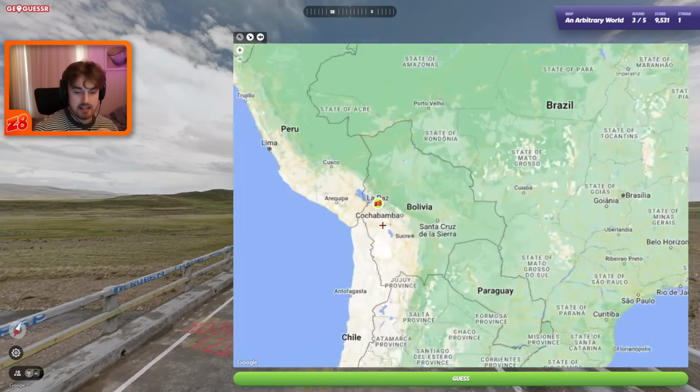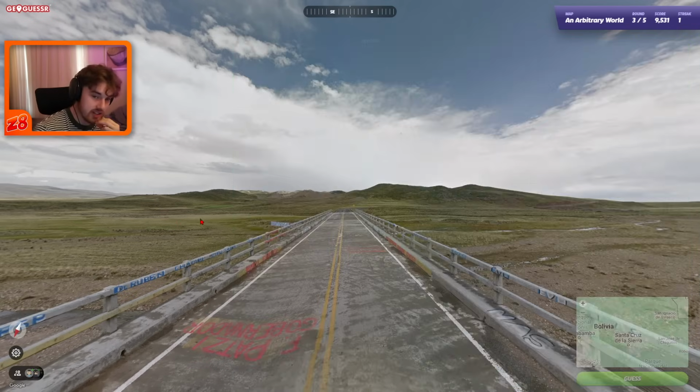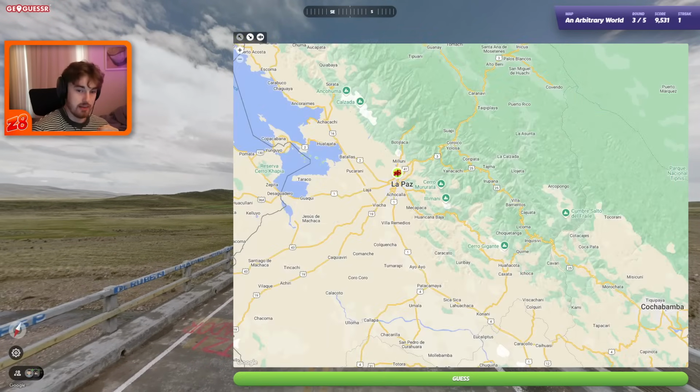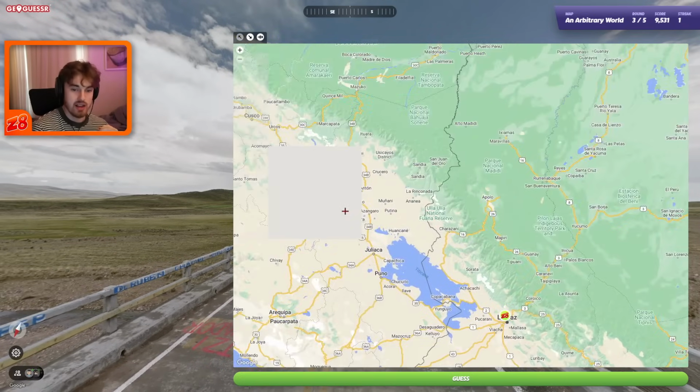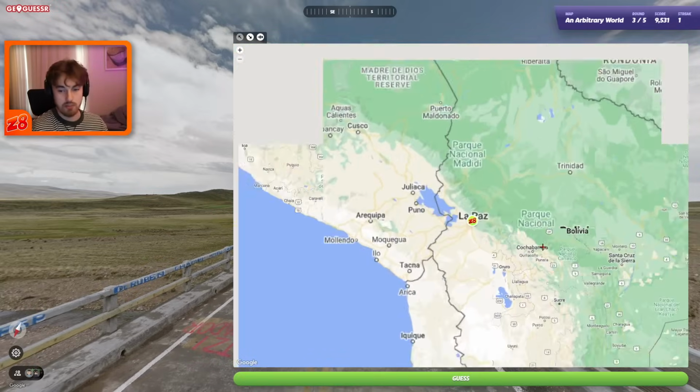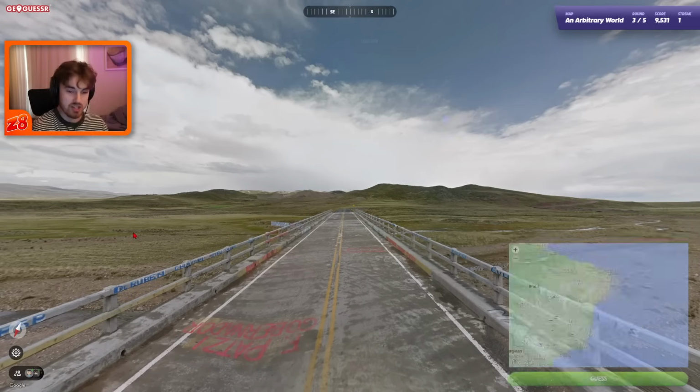Bolivia has dense coverage in a few areas, and I feel like this is some of the random dense coverage you'd get around La Paz, maybe, because it feels like southern Peru. The other possibility is that I've misjudged this and it's actually a Peruvian thing. But I think we have a thick signpost in the distance that's not black and white painted, so I think it should be Bolivia. And if I'm wrong, it's probably actually Arge-